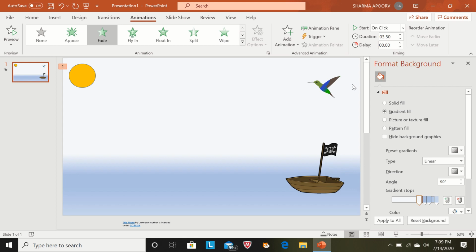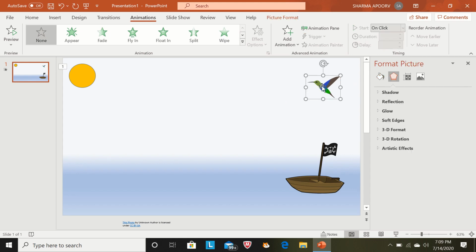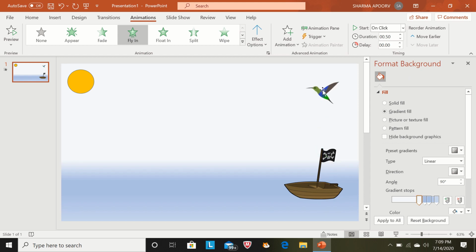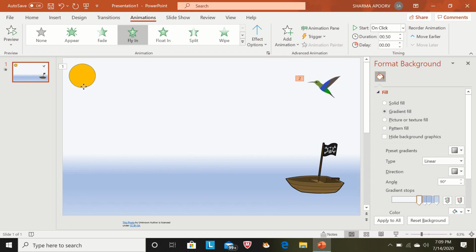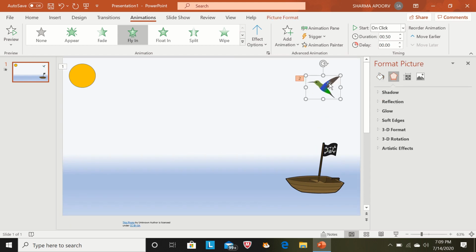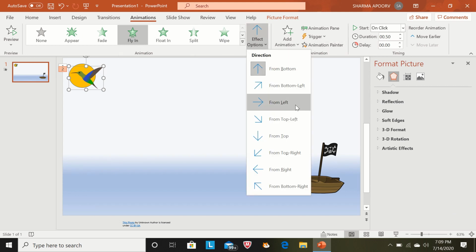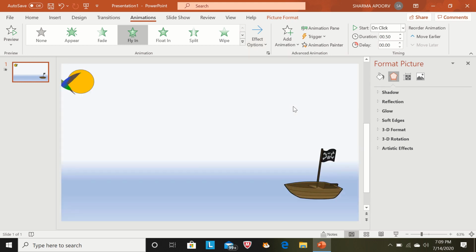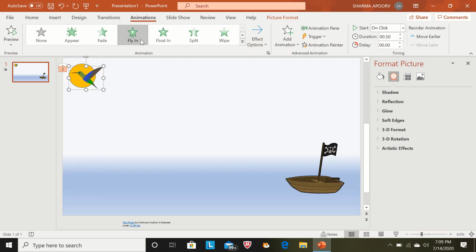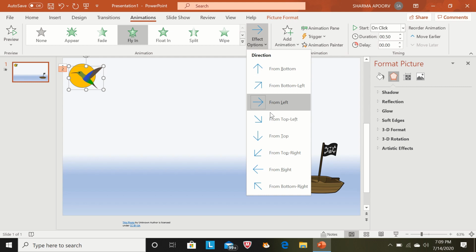Now I am selecting this one, Fly In. Now I will place it at the target destination. This is the source destination and this is the target destination. So I have selected Fly In from left, oh sorry, from right.